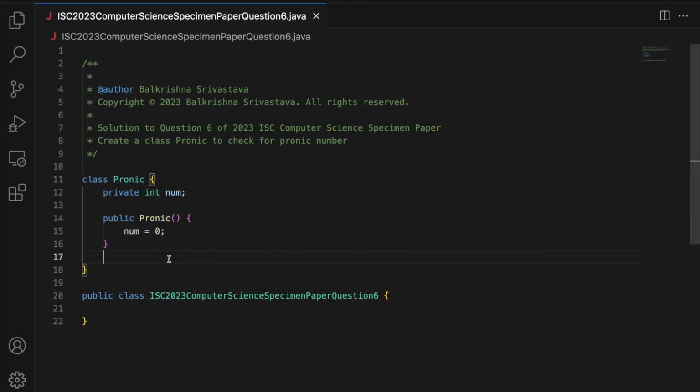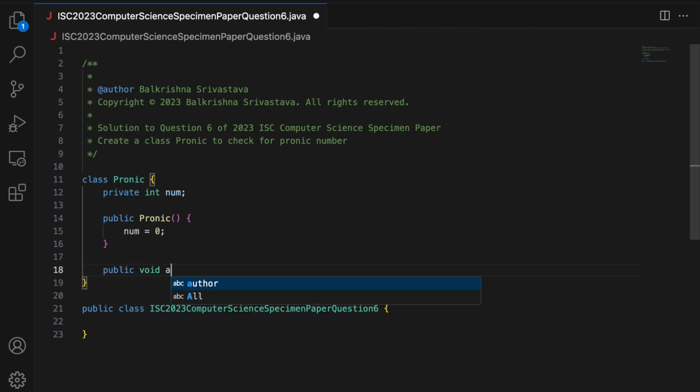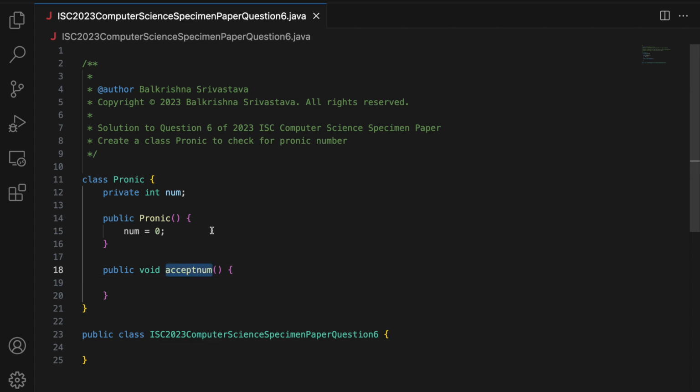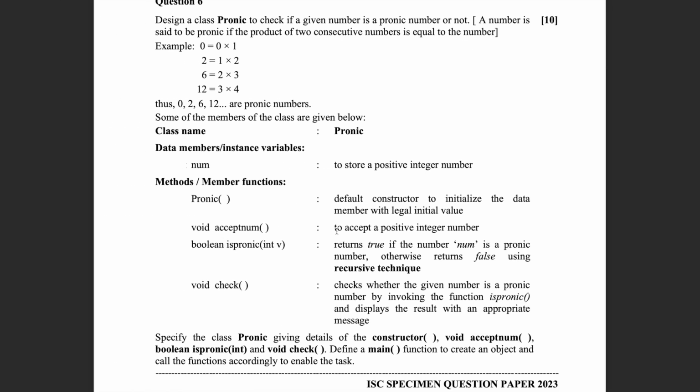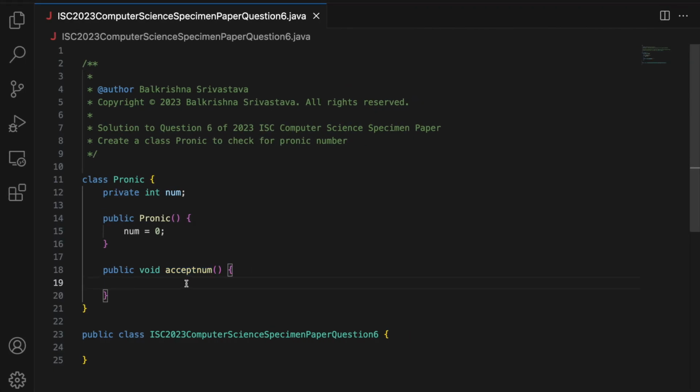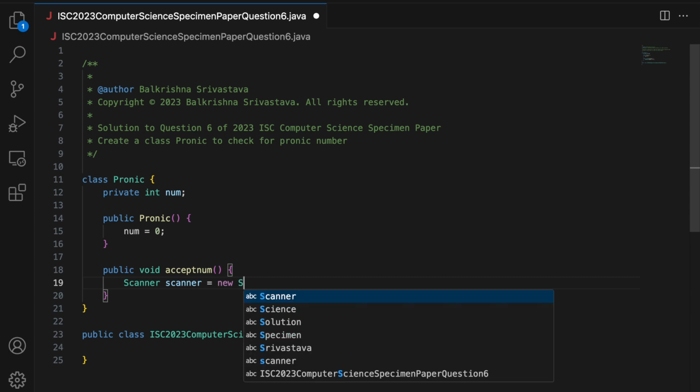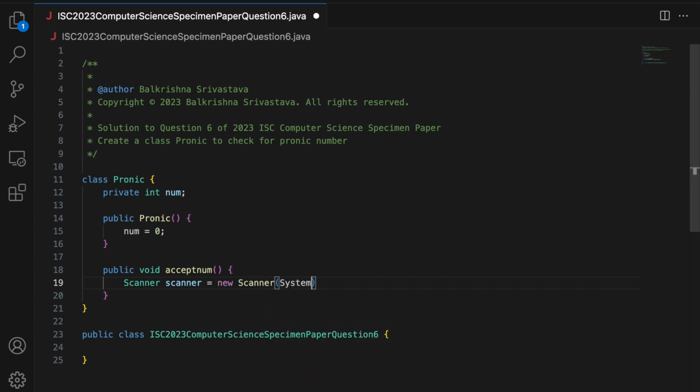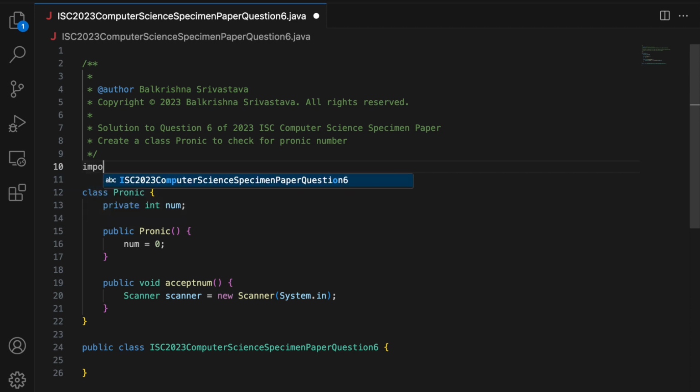Moving on, I have the function acceptnum. Since this is a member method, I make it public void acceptnum, making sure I spell the name of the function correctly. It is to accept a positive integer, so you have to accept a number from the user, and you can use data input stream or scanner. I'm going to use scanner. Scanner is equal to new Scanner(System.in), and I will also have to add import